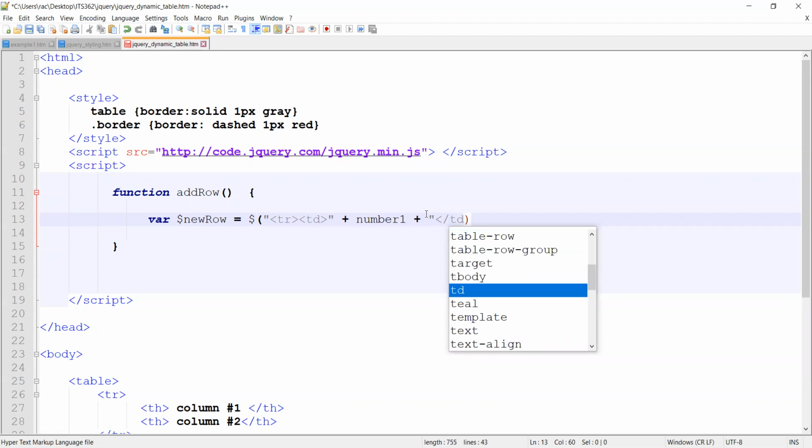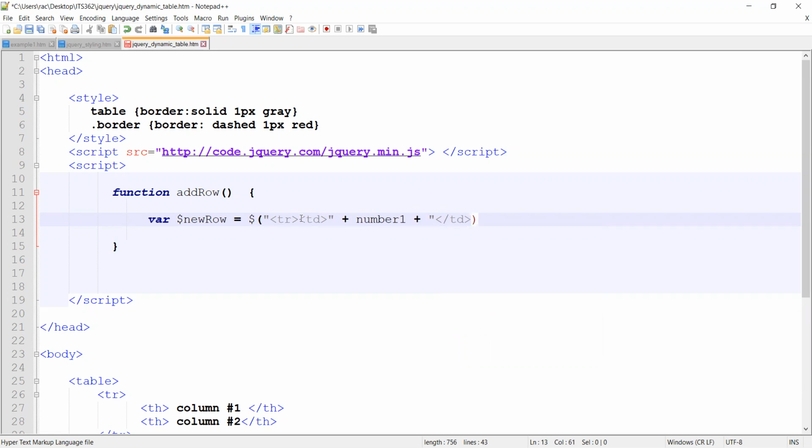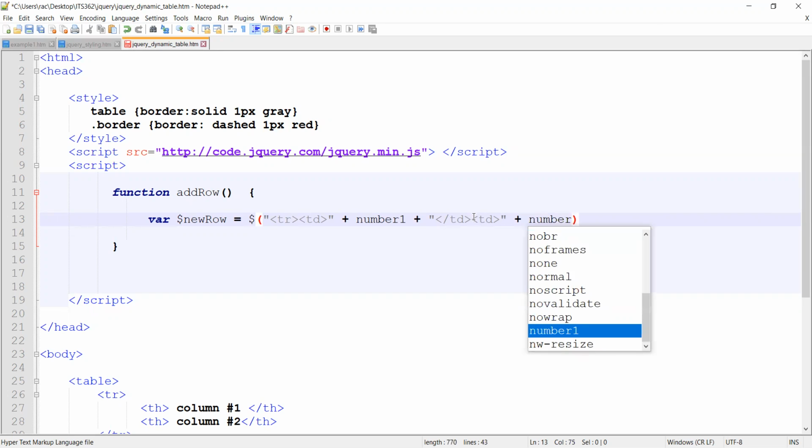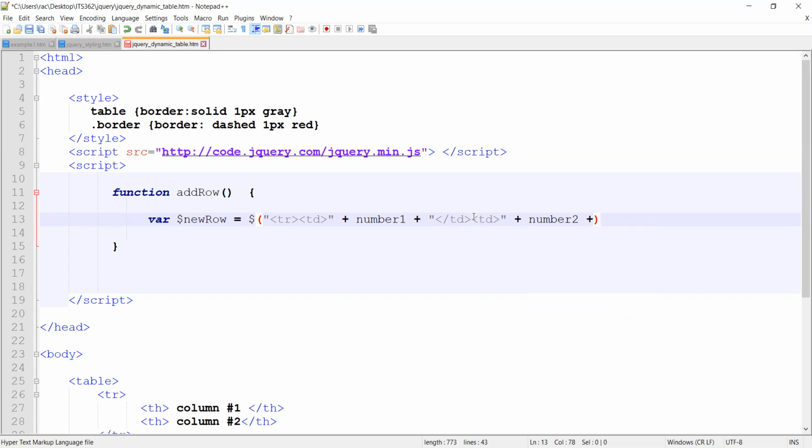the table data cell now, right? So this closes like this. That's 1. Okay, and then we open the next one, table data, and again, concatenate another number, in this case, number 2. Again, we have to figure that one out as well. Okay, and then this one gets closed, so table data, and oh, we need to add the,